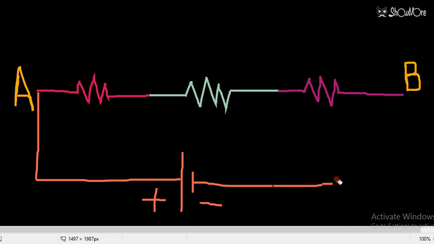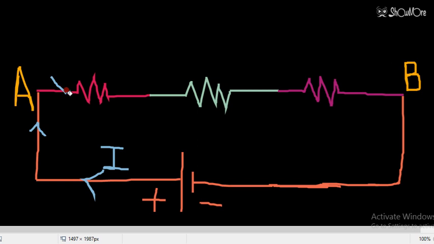Whenever I have to find the resistance between two terminals, I will connect a battery there, and then I will see how much current is flowing. Firstly, you have connected a battery here. Now you have to see the current. Some current is coming from the battery. Let's name it I. The same current will flow from this end.